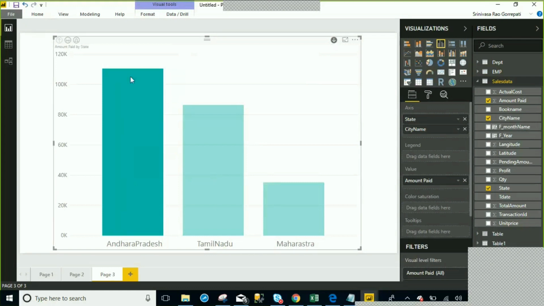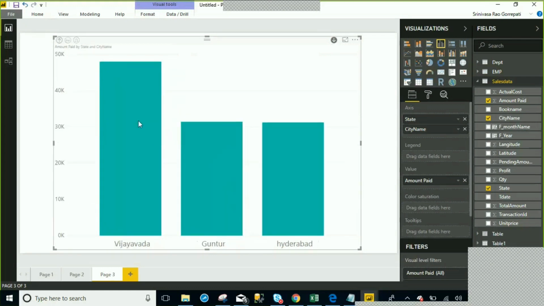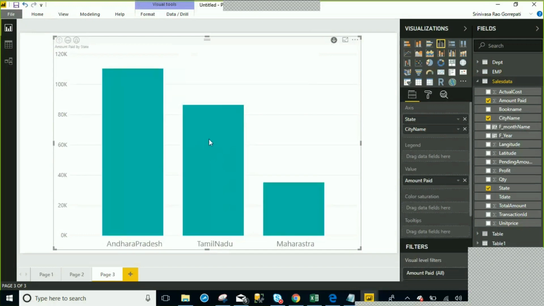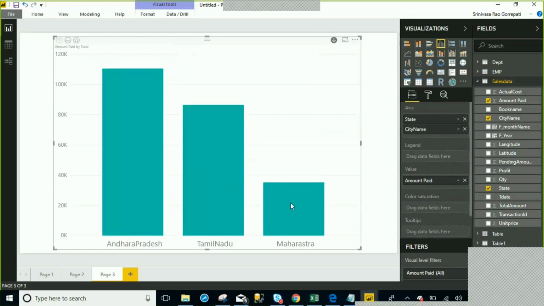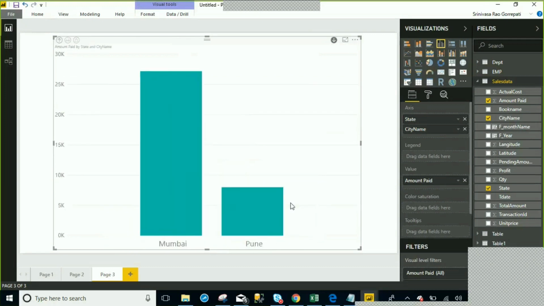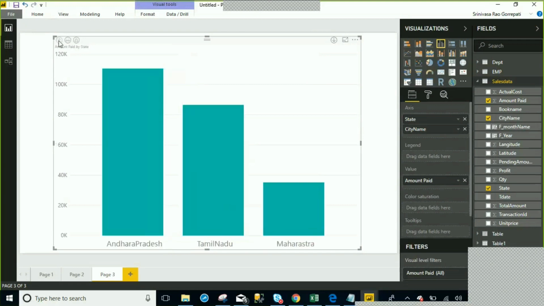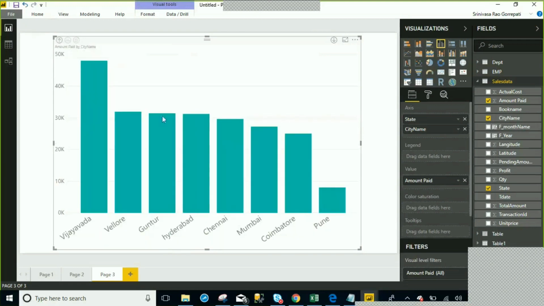Whenever you enable this one and click on it, it comes to the child level and only Andhra Pradesh gets filtered. Go to the parent level, click on Tamil Nadu, only Tamil Nadu data is filtered. Similarly, go to Maharashtra, only Maharashtra data is getting filtered. So if you want to send a parameter to your next level, at that time you need to enable this drill down. If you do not enable that, you can see parent level, next level, like that you can go through